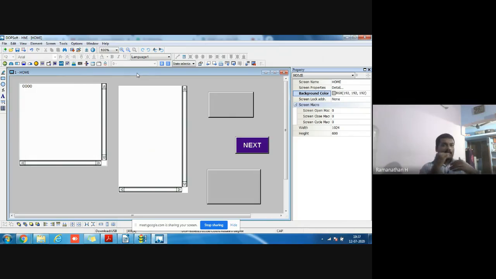We start with the dual starter ladder diagram and the star-delta starter ladder diagram in today's section. Next, we move on to the HMI, the DOP software. In the DOP software, we see how to add a new screen, how to switch from one screen to another, and how to use the maintain push button and momentary push button, the numerical display, numerical entry, character display, character entry, date, time, alarms, bar graphs, pie chart, and a lot of other things.